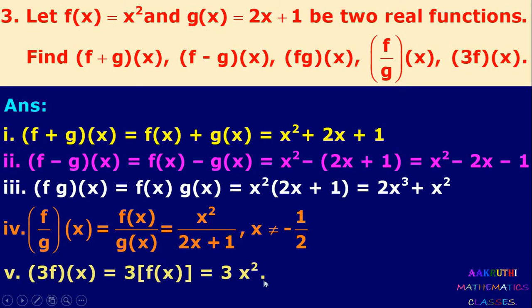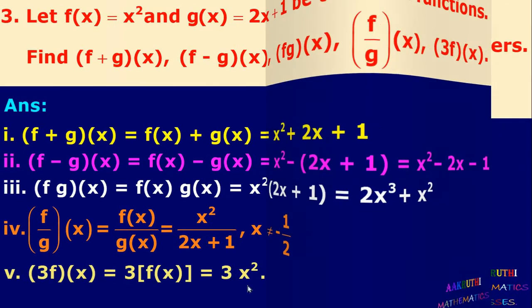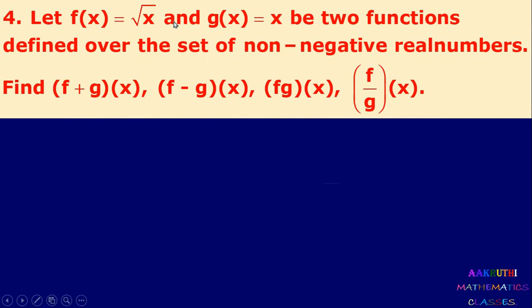So we get 3 into x square. Therefore 3f of x is 3 into x square. So it is 3f of x is 3x square. So next problem. Let f of x is root x and g of x is x be two functions